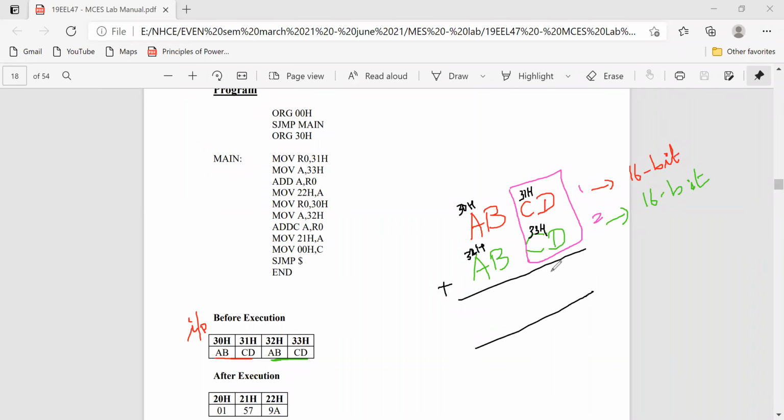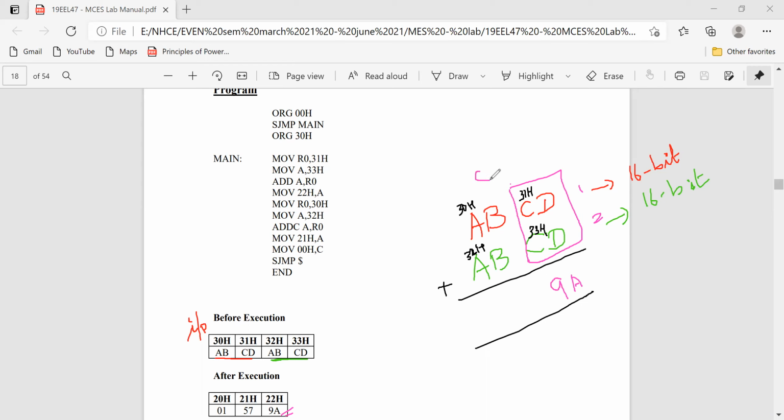If you add, you will get 9A. If you want, you can convert this CD into binary code, and if you do the addition operation, finally you will get 9A.